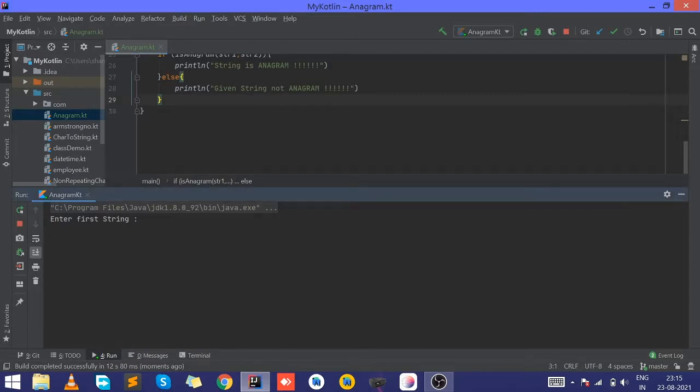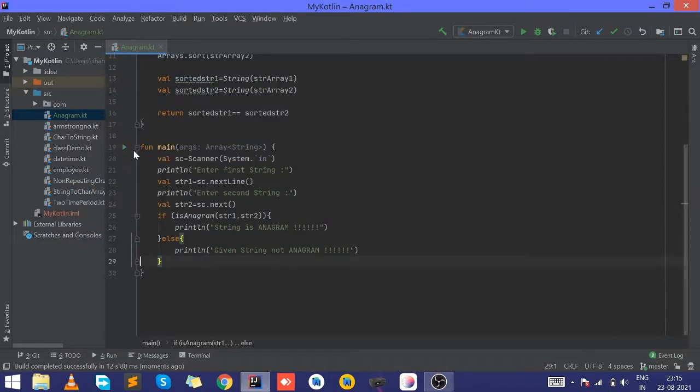Okay, so we got the output here. We have to enter the first string. Let's have arm and another, ram. So the string is an anagram. Let's have another example.